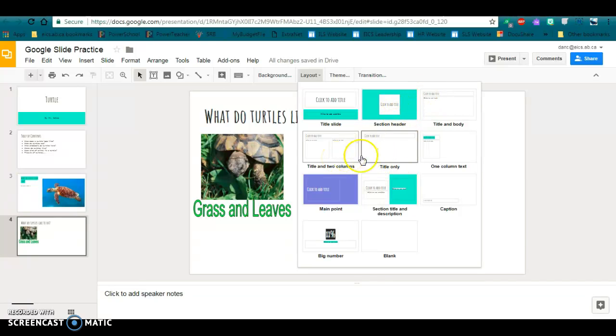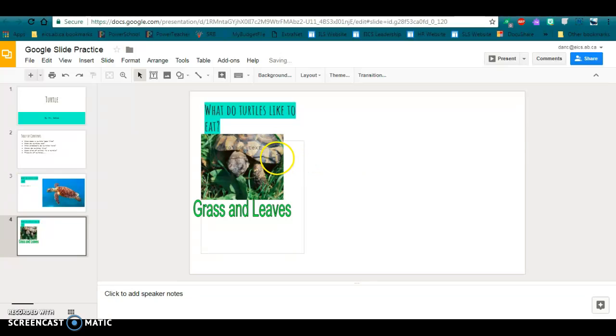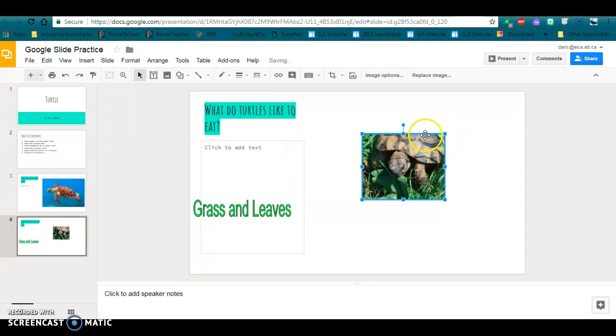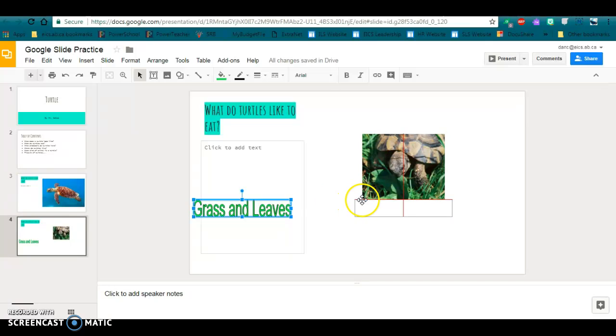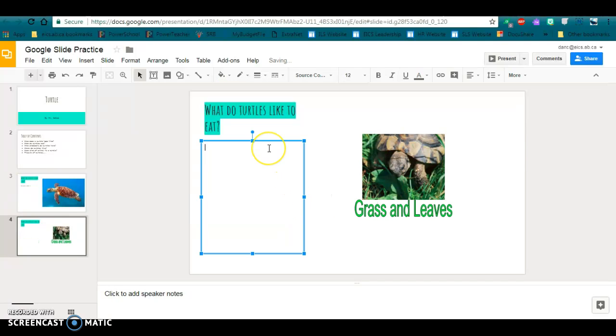to one text and column. I can move my picture over to there. I can move my word art over to there, and I can just start to put items in. I can make it a bulleted list, and that's going to give me, so here's where I'm going to put in marine plants, small insects. Okay, so as you can see, even though there are multiple ways to do the same thing, it's